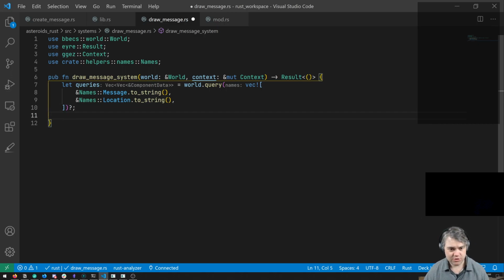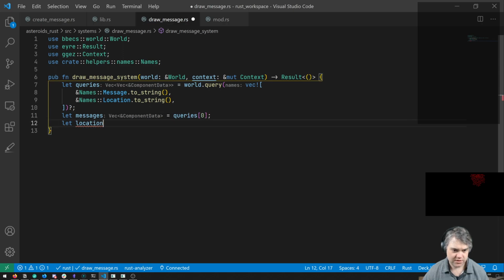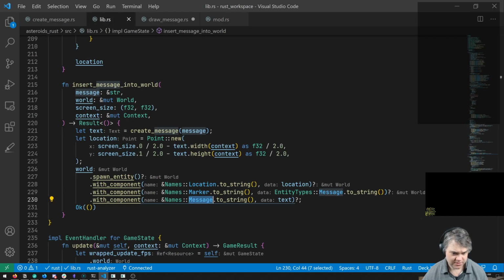Okay, so we get our queries. Let's extract those really quickly. So we're going to get our messages is equal to queries 0. Locations is equal to queries of 1. And I think the message is the actual text.